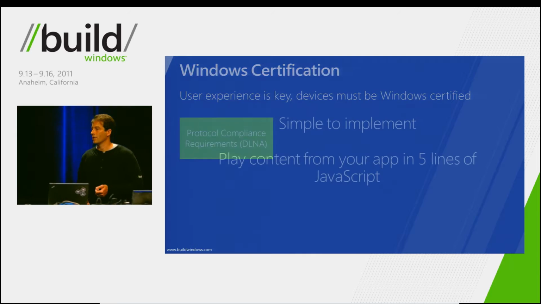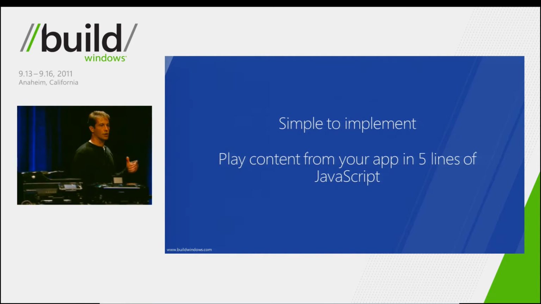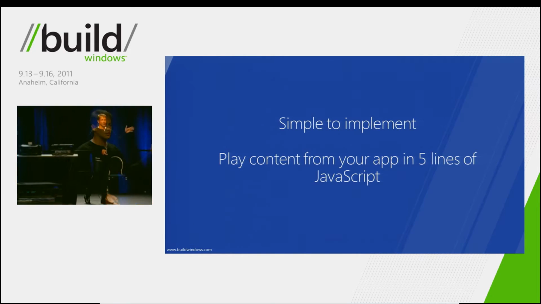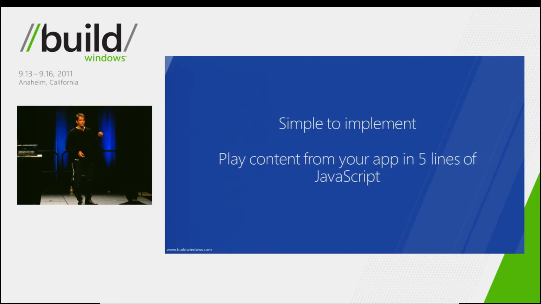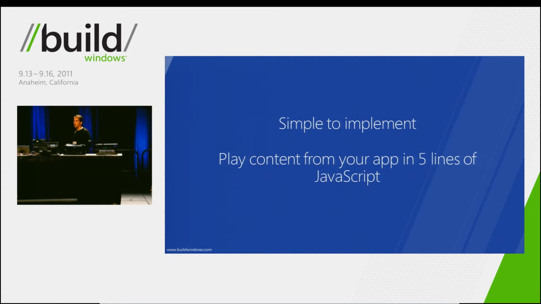And then there's also simple to implement. So this is really, in 5 lines of code, you can do this from your Metro-style application. 6 lines in C# and XAML. So not a huge investment. And so if you're building a media application, the opportunity is to think about what content do you want to play, and to wrap some of this code around it, and just to be able to start sending that content